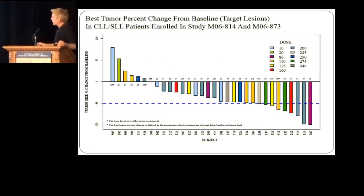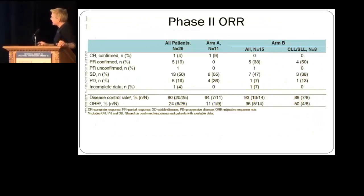If you look at the waterfall plot as a function of the actual dose, and keep in mind this was over a variety of dose levels, you can see that almost all cases had some degree of nodal shrinkage. So again, like we've seen for other targeted agents, most people do seem to have some kind of benefit from this. And if we look at the phase 2 overall response rate, looking at all 26 cases